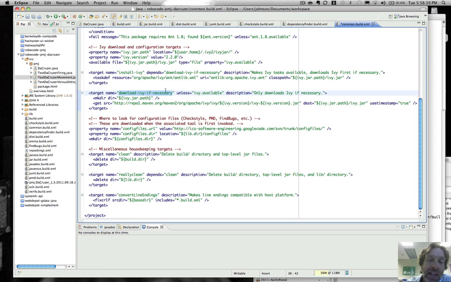Well, download Ivy if necessary has this unless attribute attached to it, which says this whole target, if we're invoking it, we do not have to do it if Ivy has already been shown to be available by this available task, which has defined this property if it found it. Okay, that makes sense? So if this property is not defined,